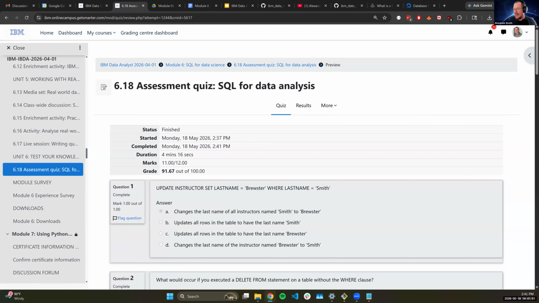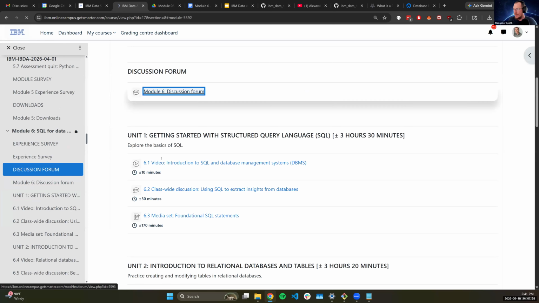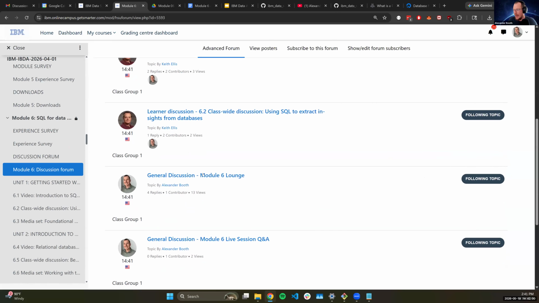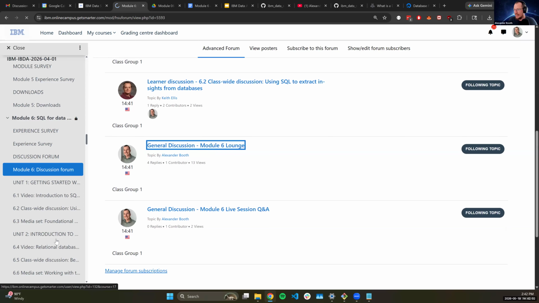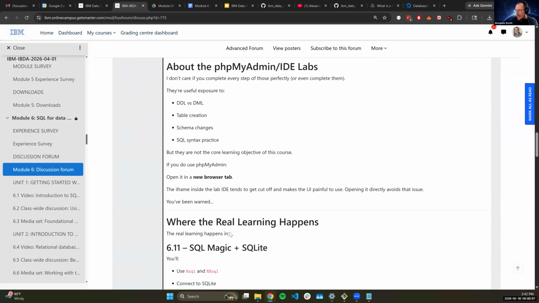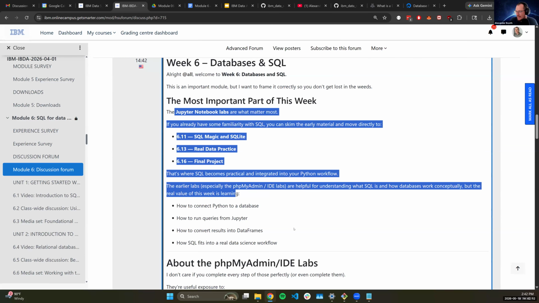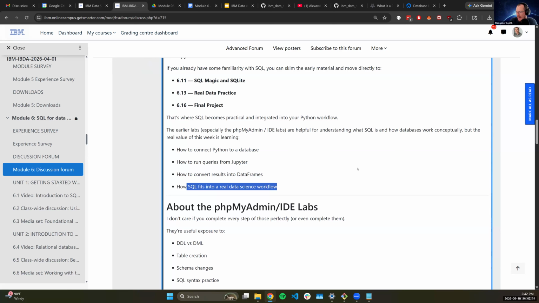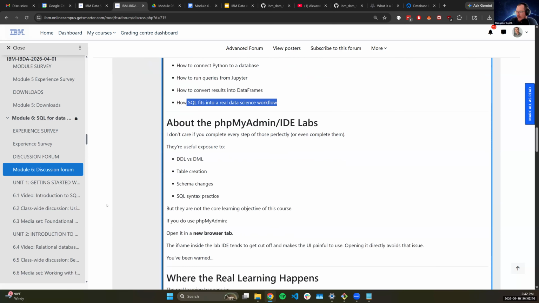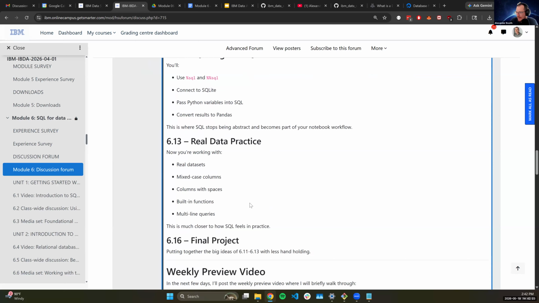Again, expect a lecture review post in the forums coming up. Make sure to spend your time working through the SQL labs and specifically the Python SQL labs. If you need help on that, reference my GitHub. The most important parts of the week are the Jupyter Notebook labs: how do we connect SQL into data science and data analytics workflows? For the other labs, try and play around with them, but don't worry too much about it.